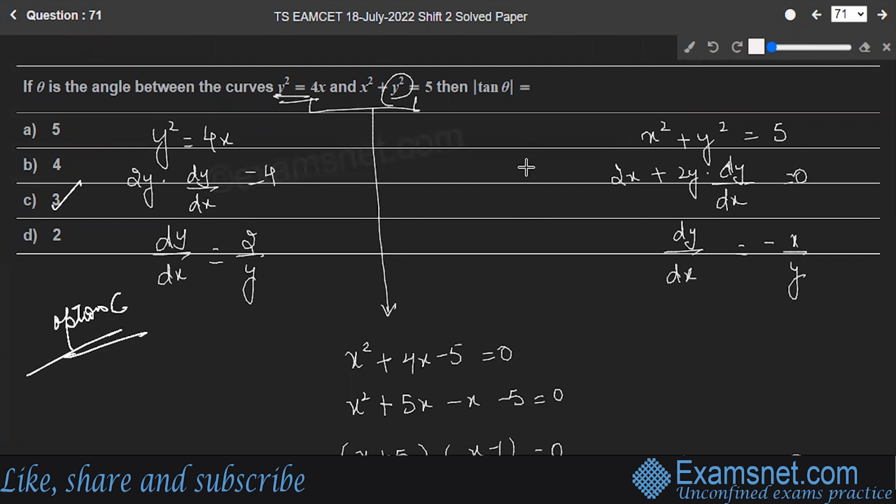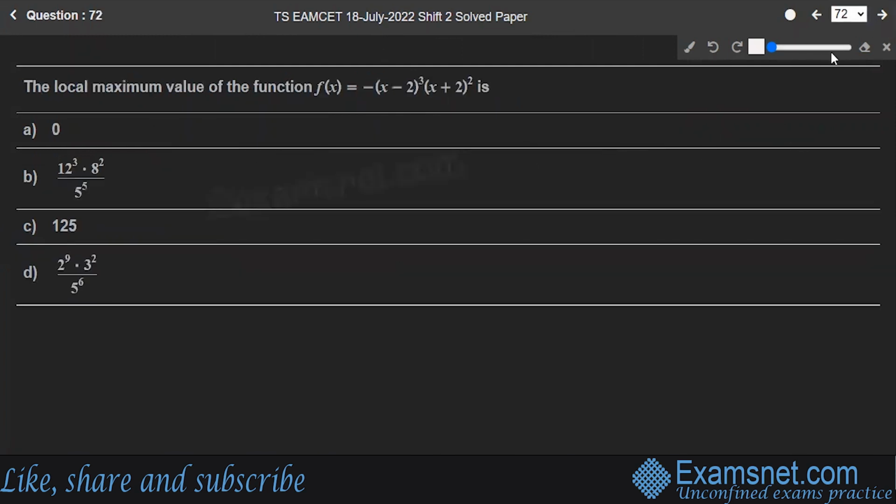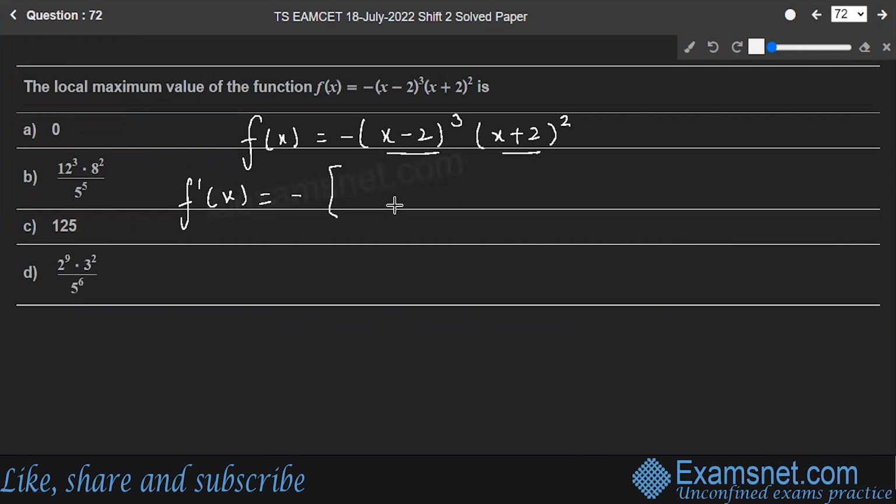Hope you got this. Let's move to the next question, number 72. The local maxima of this function is, okay, f(x) is equal to minus (x minus 2) cube (x plus 2) square. Right? For the local maxima, let's find out the first derivative. So f dash x is equal to, this is first function into derivative of second. So (x minus 2) cube into 2 into (x plus 2) plus, first function into derivative of second plus second function into derivative of